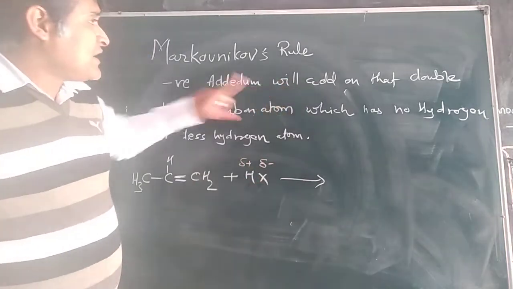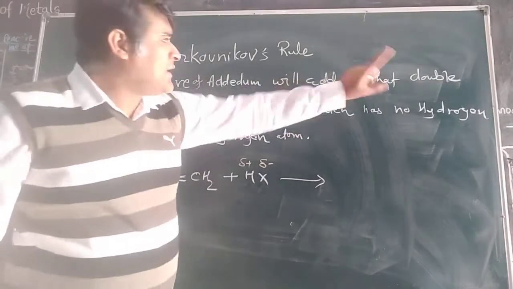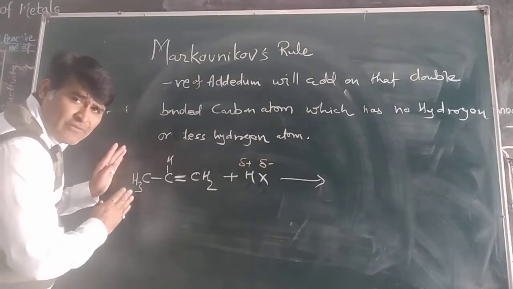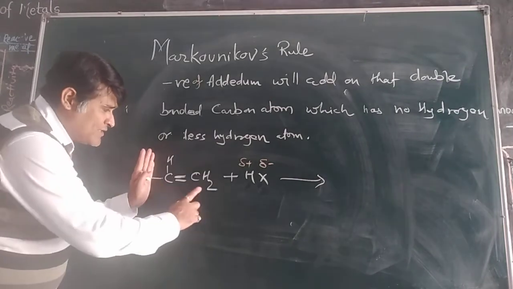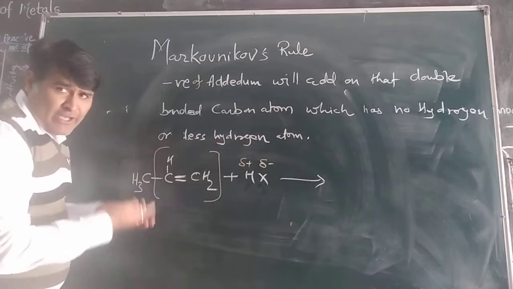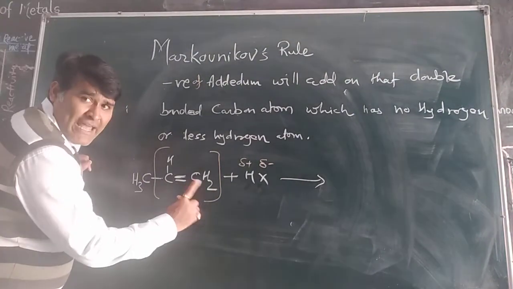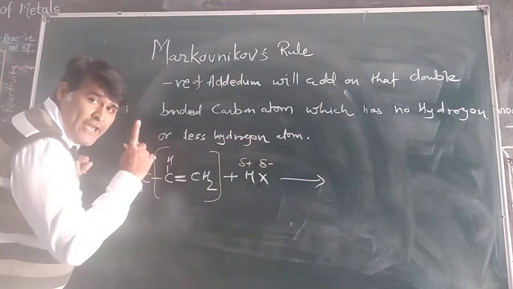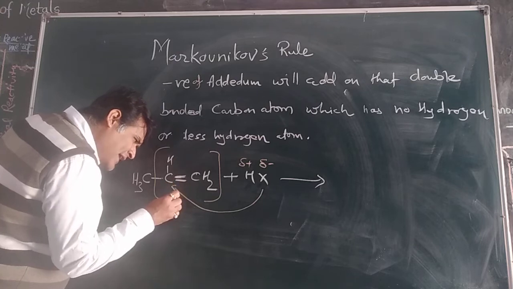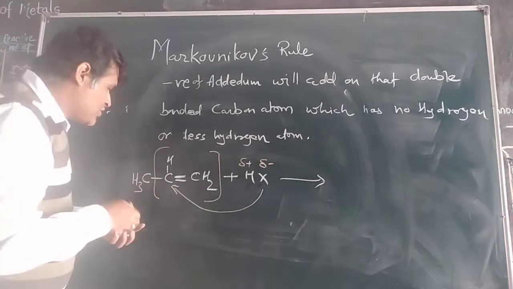So according to the definition, the negative part of the addendum will add on that double bonded carbon atom. We will not see CH3 here. Leave it. Only observe this area. In this area, you can figure out which double bonded carbon has less hydrogen. This carbon has two hydrogens and this carbon has only one. So definitely according to the definition, the negative part of the addendum will add on the double bonded carbon atom which has less number of hydrogen atoms. Got it? So our product would be